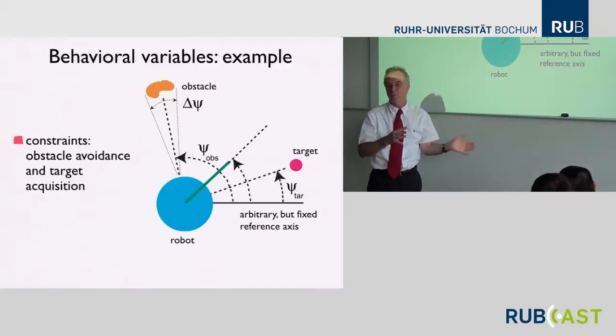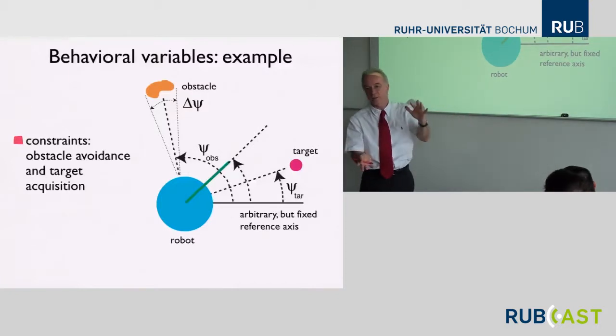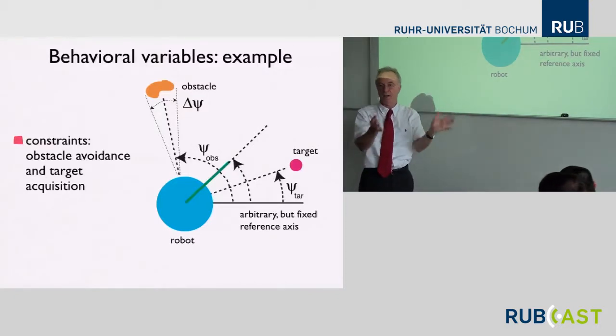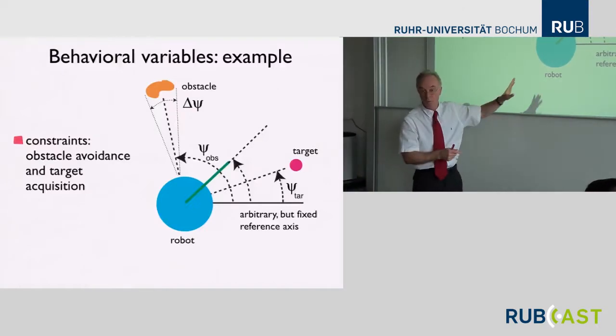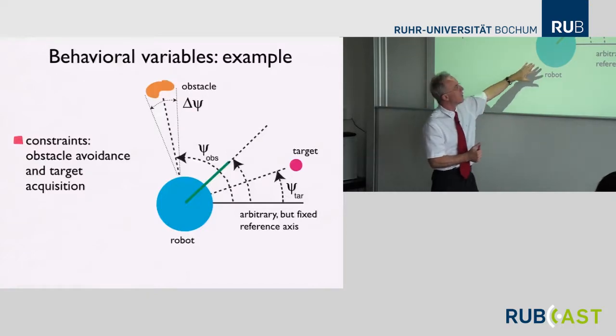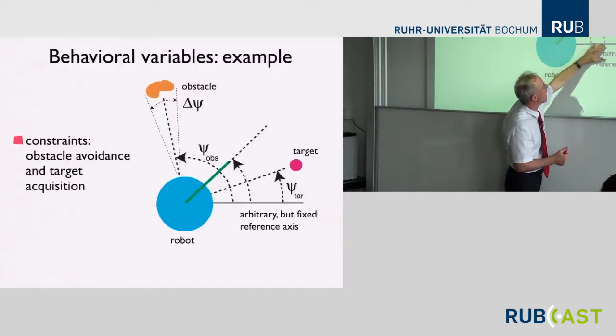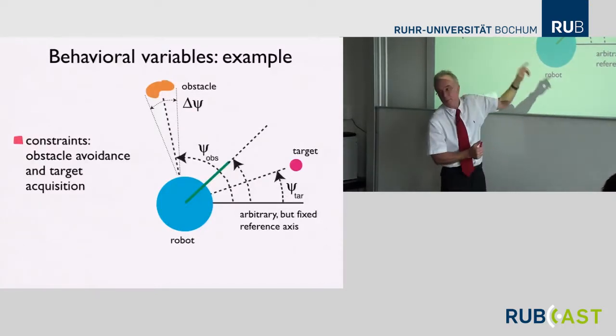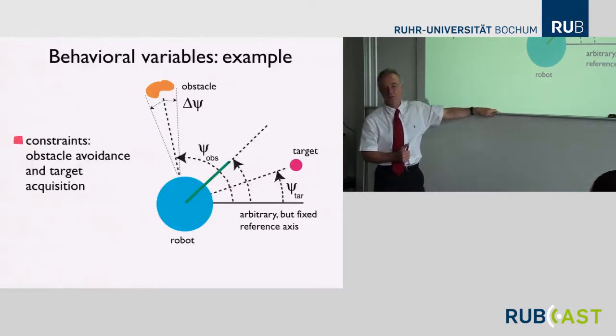But that would be the control angle, what I have to minimize, would vary when I rotate on the spot. And it would be a problem if I have multiple targets and I want to select one of those. So it makes it very economical to use this world axis. Similar for obstacles. For obstacles, I could say there is a range of heading directions that I want to avoid